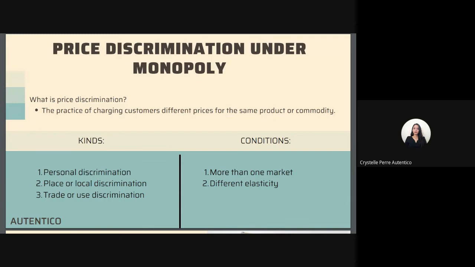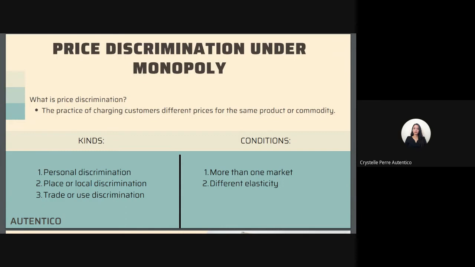In place or local discrimination, there is a different charge for different places. Basically, a seller may sell at a higher price in one place and a lower price in another. Example, electricity companies sell electricity at a cheaper rate in rural areas and a higher rate in urban areas. And in trade or use discrimination, monopolists charge different prices based on how the same commodity is used. So for example, electricity used for agricultural purposes would be charged lower than for those who use electricity for industrial